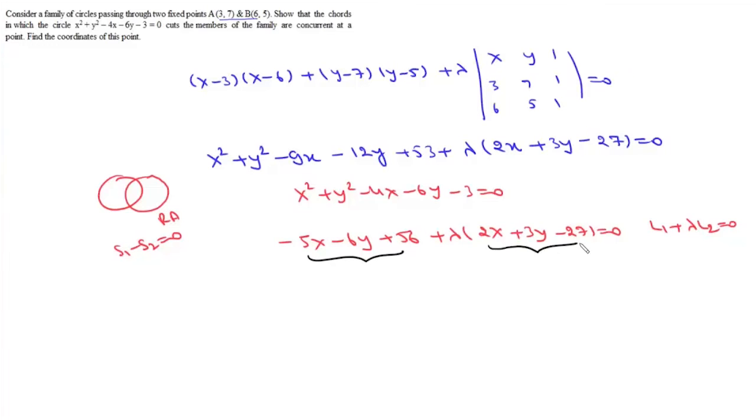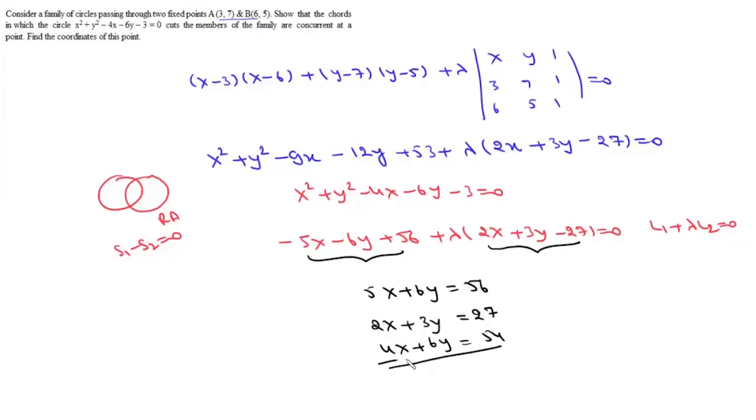So that fixed point is the point of intersection of two lines. So we have to find the point of intersection of 5x plus 6y equals 56 and 2x plus 3y equals 27. We'll multiply the second with 2 and then subtract it. So it will be 4x plus 6y equals 54, and if we subtract this second from first, we'll get x equals 2,